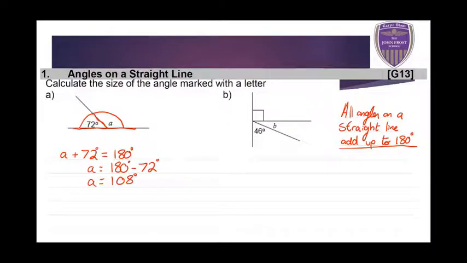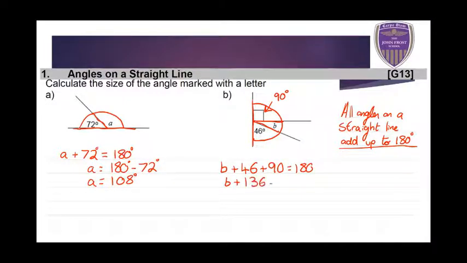What about question B? Well, hopefully you recognize that this symbol is for right angle triangles and it signifies an angle size of 90 degrees, okay? So again, we've got our straight line and we've got our angles here. So let's collect our angles together. So we've got angle B, which is what we're trying to find. So B plus 46 plus 90 degrees equals 180. So let's collect the 46 and 90. So B plus